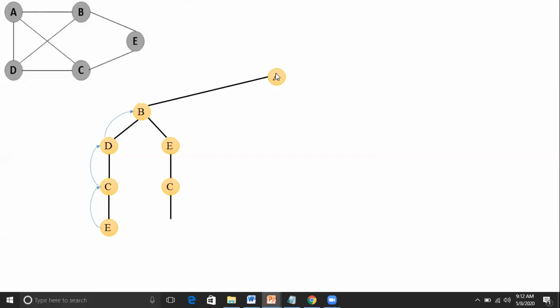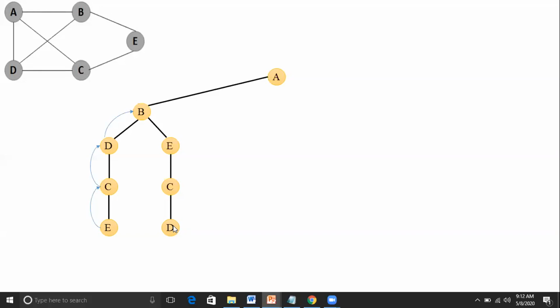See here, A is the source city. A is already visited. We cannot visit it again. We have to visit each city only once. So from C, you can visit D or A, but A is already visited. I should visit D. Now, from D, are all the cities visited? Yes, sir. Now all the cities are visited, isn't it?